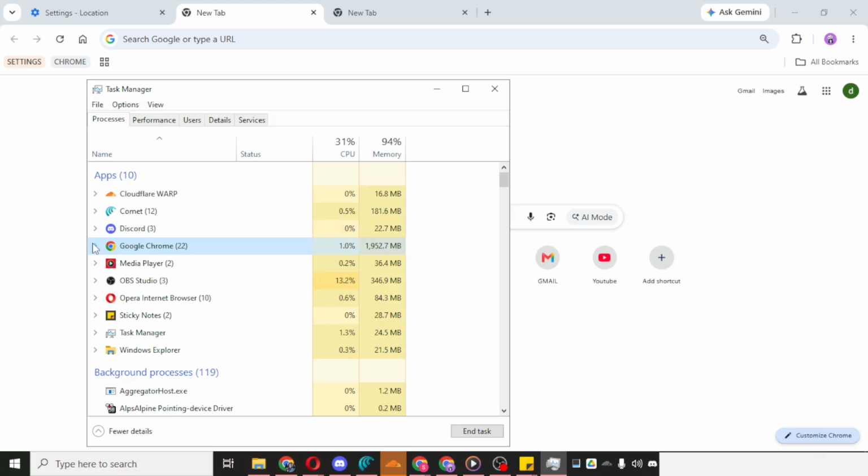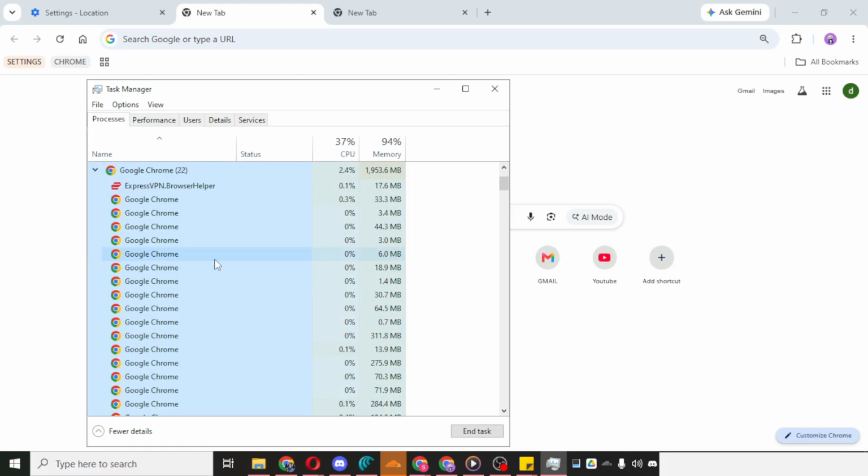Then, if you see anything related to Chrome still running, close those items by selecting them and clicking End Task. This forces Windows to fully shut down Chrome and any background activity connected to it. Be aware that ending tasks will close any open Chrome windows or sessions that are currently running. So if something was open and unsaved in the browser, it may be lost. If Chrome is already unresponsive, though, this step is often necessary.